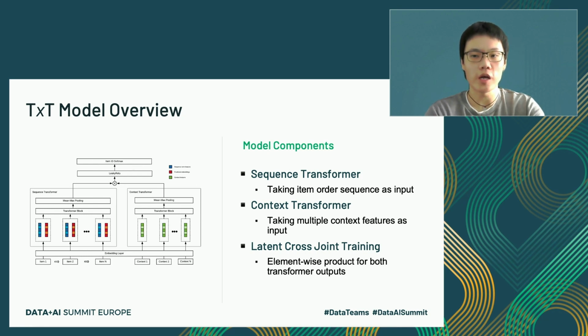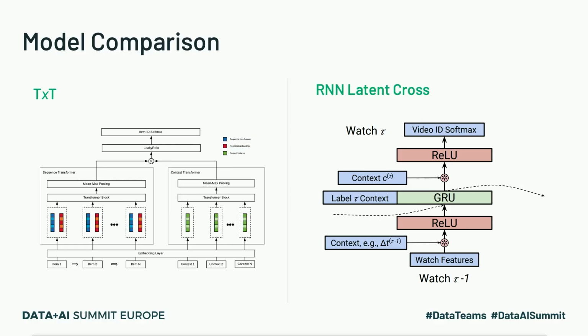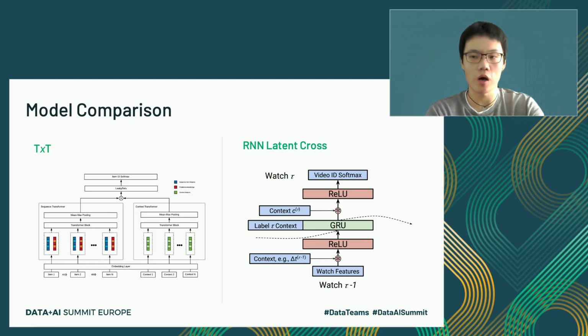And also the latent cross part, where we conduct an element-wise product of both transformer latent outputs to join and train our recommendation model. We gained inspiration to build this model mainly from Google's latent cross paper. Google discovered the context feature is very important when doing recommendation services, and traditional ways of adding context features through concatenation have lots of limitations. So Google built this RNN latent cross model, which contains an RNN part and a latent cross part to infuse the context features into the RNN output state